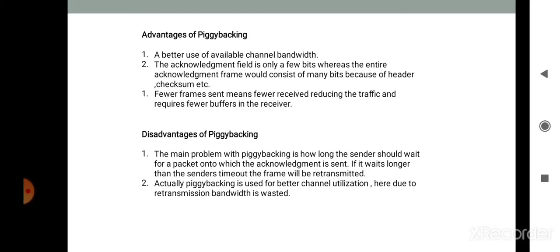Then the disadvantages of piggybacking: the main problem is how long the sender should wait for a packet onto which the acknowledgement is sent, and if it waits longer than the sender timeout, the frames will be retransmitted. Piggybacking is used for better channel utilization, but due to retransmission, bandwidth is wasted.